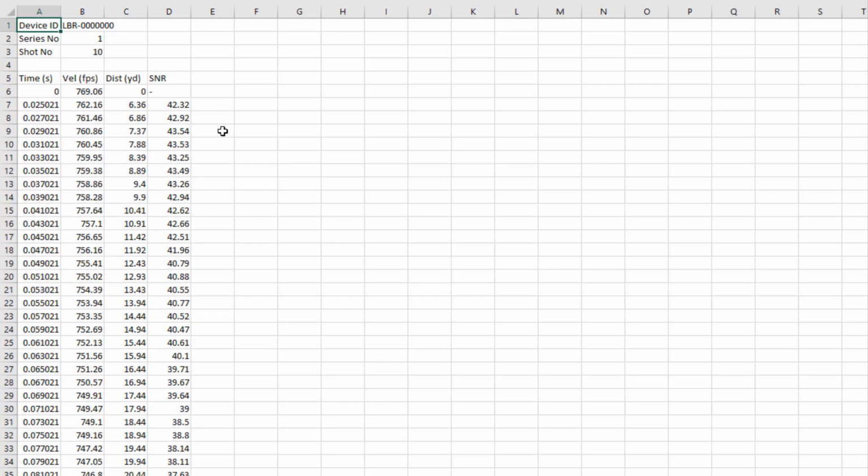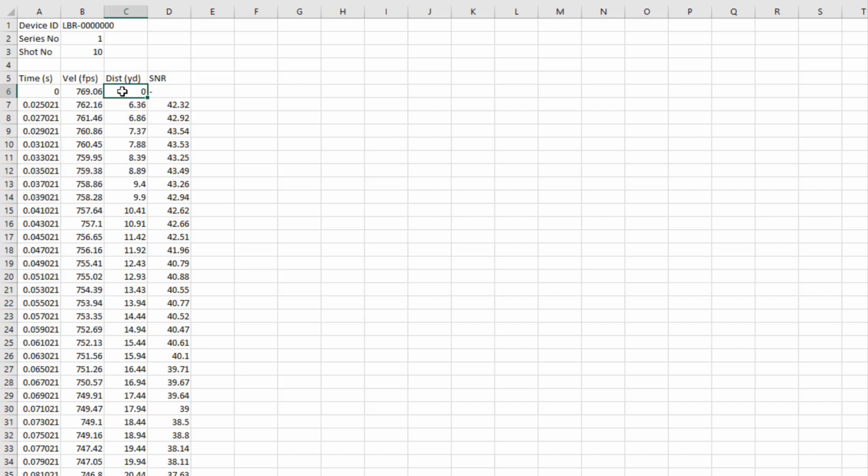One thing I recommend that you do, just for at least the first 1 or 2 times, is highlight all the velocities except for this one. This is muzzle velocity. These numbers with an actual distance are velocities that were actually captured by the LabRadar unit. Muzzle velocity is actually a predicted value.